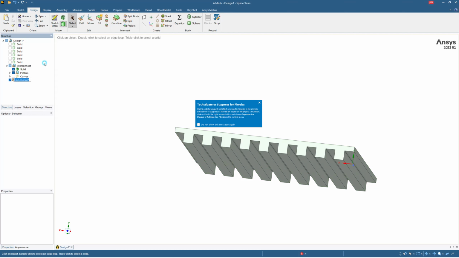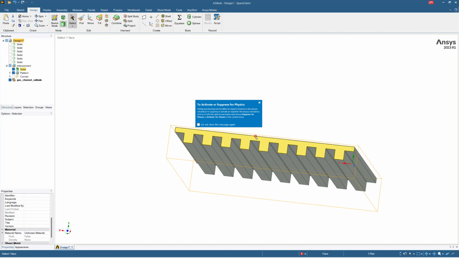New component, or you can call it gas channel. Gas channel cathode. Okay,